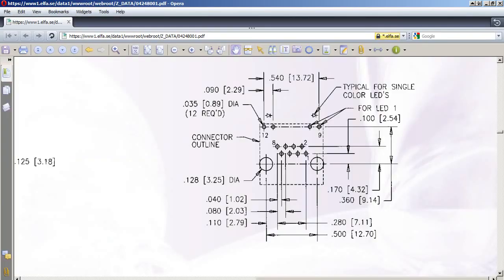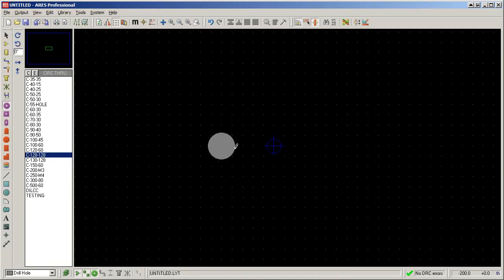So next step is to place the other hole, and you look at the datasheet to see the distance that we have to have between them. Now I didn't start on the origin with this pad because I want to show you how to use the origin, how to move the origin around. Now I could see on the bottom right that I'm 250 mils to the left, and therefore I need to go 250 mils to the right of the origin. But another way to do this, so you don't have to do any math at all,